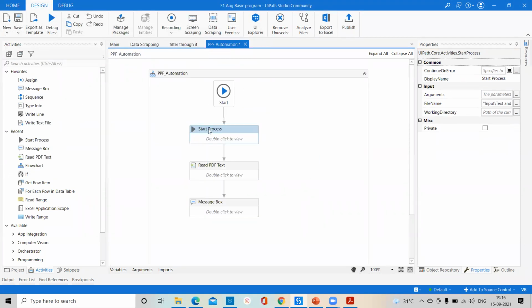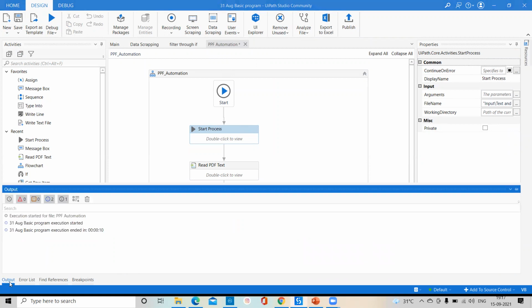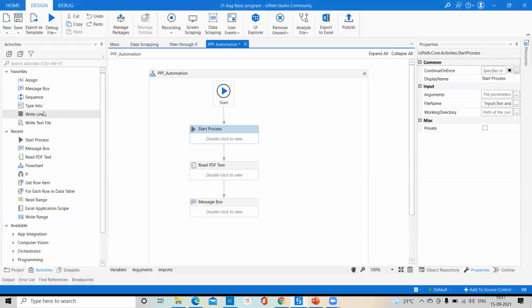Okay. So here, if you run this program, it will first try to launch this PDF. After that, it will read your PDF. After that, it will display the data through the message box. And again, if you want to take this in the output panel, okay, the output panel is especially for the response time, like in how much time the bot has processed your work, whatever you have assigned. Okay, so last time whenever we did the bot, we completed it in 10 seconds. Again, in the output panel, if you want to display your data, whatever you are testing, whatever you want to do, here if you use write line, automatically all the data we can get in your output panel.